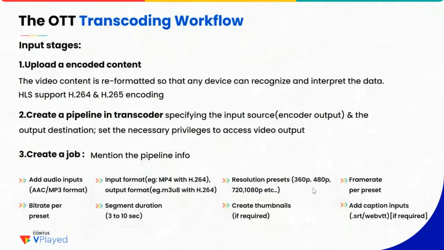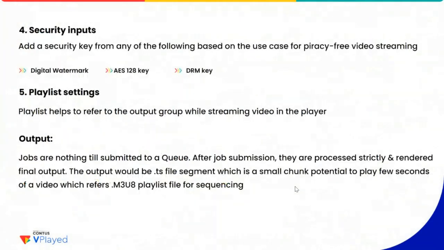As we mentioned here, we have different resolution presets like 240, 720, 1080, 2K or whatever it is. Based on the resolution and the type of video format, the transcoder starts to transcode according to a specific segment. After fragmentation, you can add a few more layers. We have just seen the core part. After that, you can add multiple layers according to the business requirement.